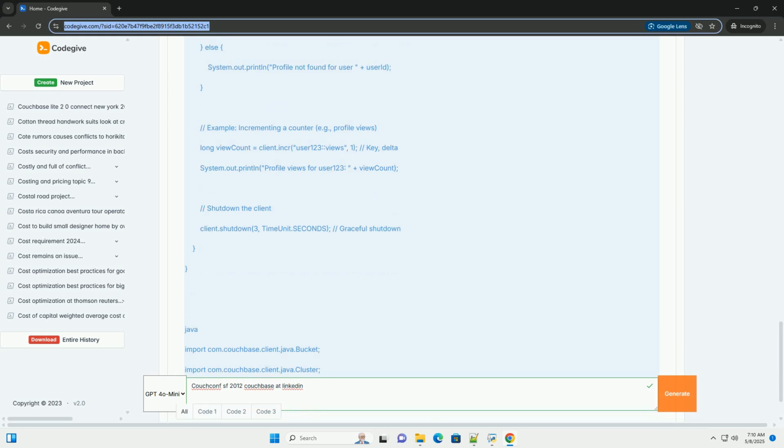Modern code example: conceptual, Java using the Couchbase Java SDK with N1QL. Here's a conceptual example showing how N1QL could be used to query user profiles. Note that N1QL arrived after 2012, but this illustrates how things would be done today. Key differences in the modern example: